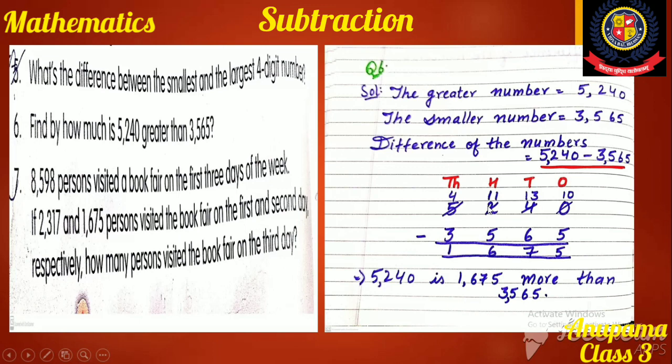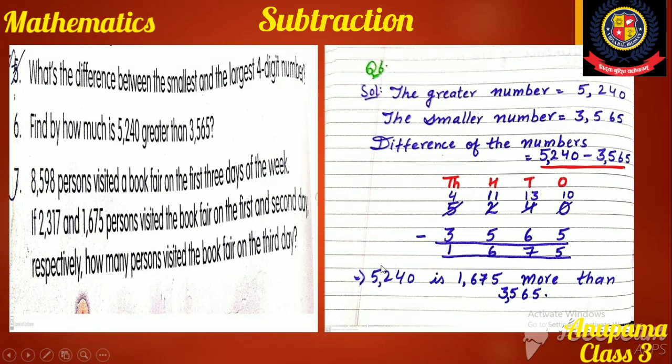Now after giving 1 borrow, here 1 is left. So again it is not possible to subtract 5 from 1. So we will take a borrow from the thousands column, from 5. So here 4 is left. Okay. And here 1 will become 11. So subtract 5 from 11. Here 6 is left. Okay. So write 6 in the hundreds column. Now 4 is left here after giving 1. So 4 minus 3, that is 1. So we write 1 in the thousands column.